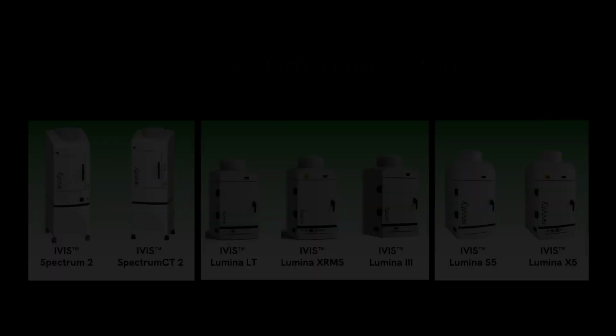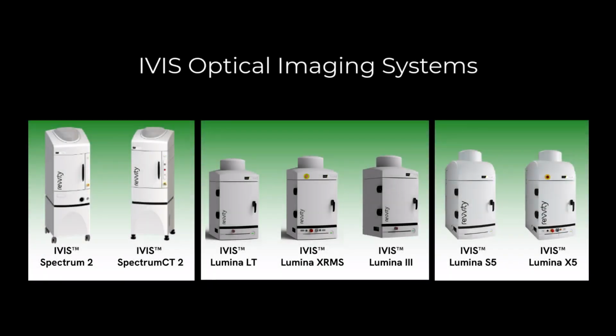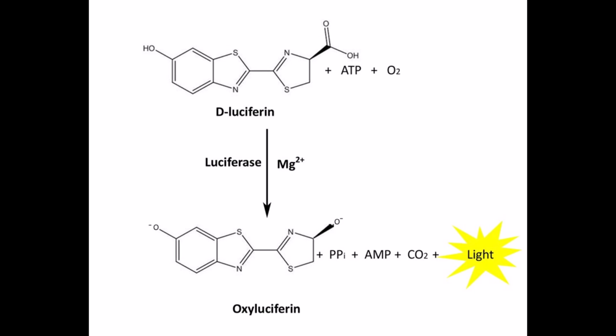In this video, we're going to discuss procedures and considerations for in vitro bioluminescence imaging on the IVIS platform. Production of bioluminescent light occurs when, for instance, firefly luciferase engineered into cells enzymatically catalyzes the chemical degradation of its injected target substrate, D-luciferin, in the presence of ADP and oxygen, thereby serving as an excellent readout of living viable